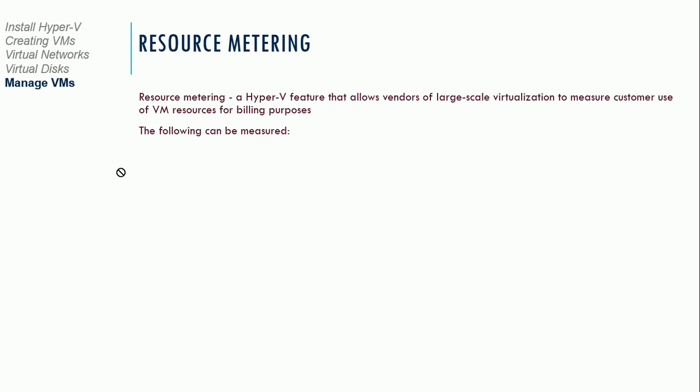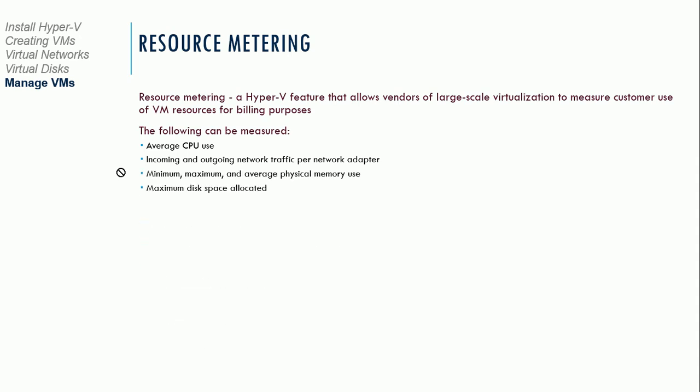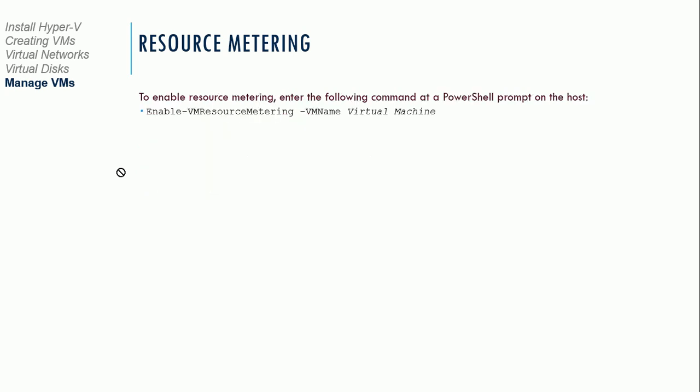With resource metering, a HyperV feature allows vendors of large-scale virtualization to measure customer use of VM resources for billing purposes. So you can basically look at the average CPU, incoming and outgoing network traffic, minimum, maximum, average physical memory usage, and so forth. So you basically can look at the usage of all of these different resources. And I think it's more than just for billing. I think this is a good tool for monitoring your virtual environment as well to see if you have the